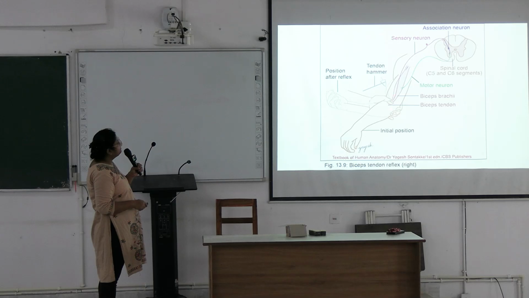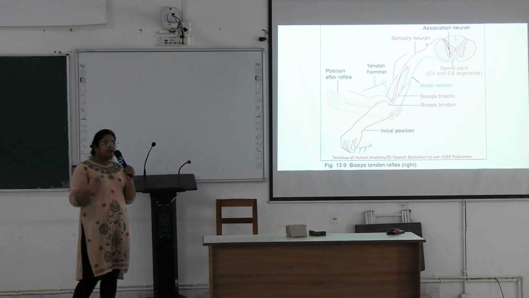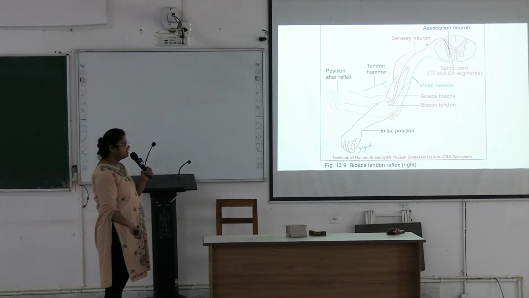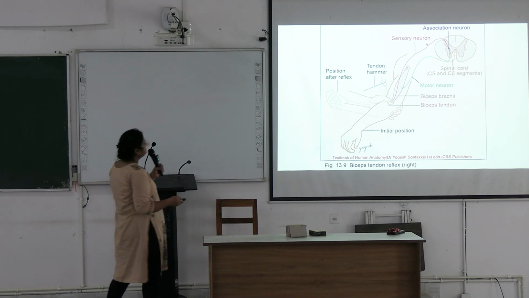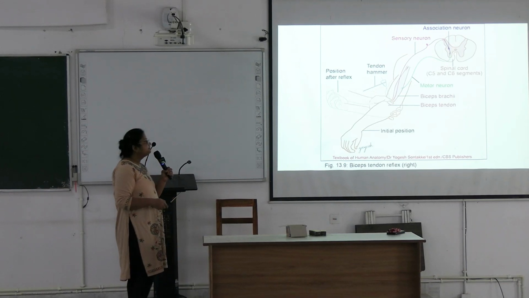Here is the tendon; you palpate the tendon here and elicit the biceps tendon jerk. It is tapped with the hammer and there will be a flexion jerk. And these are the roots of this jerk: sensory neuron, motor neuron, and their connecting neuron in the spinal cord.